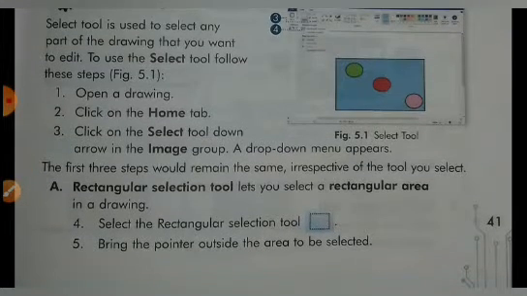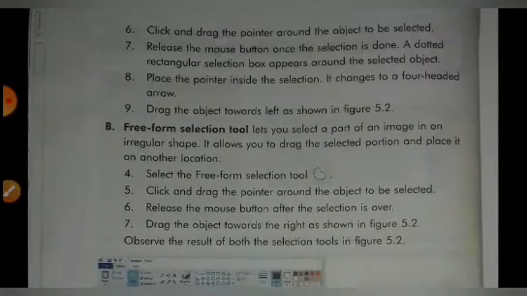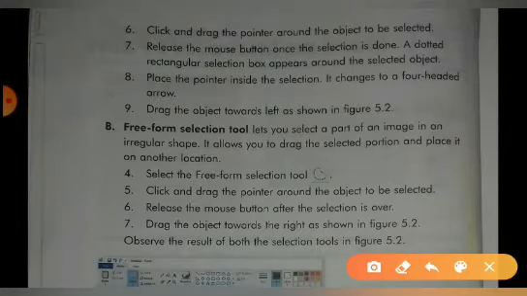Now come to the next page, and then click and drag the pointer around the object to be selected. जिस भी ऑब्जेक्ट को आपको सेलेक्ट करना है आप माउस पॉइंटर वहाँ लाएंगे. You have to left click and drag your mouse button.